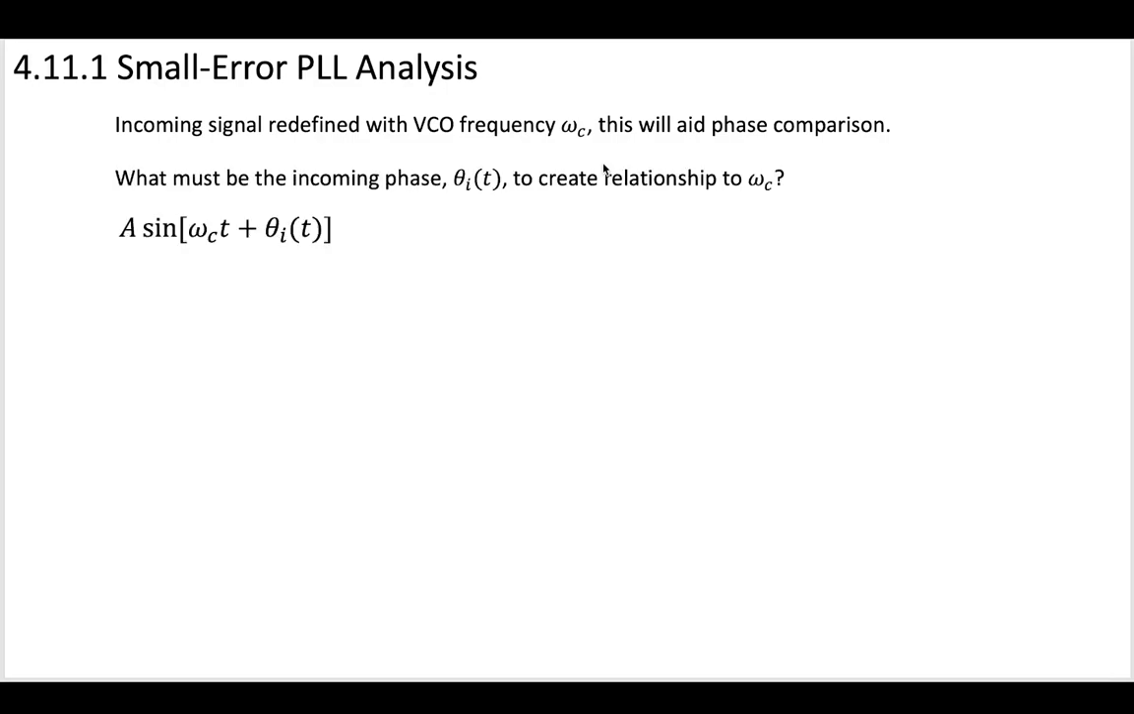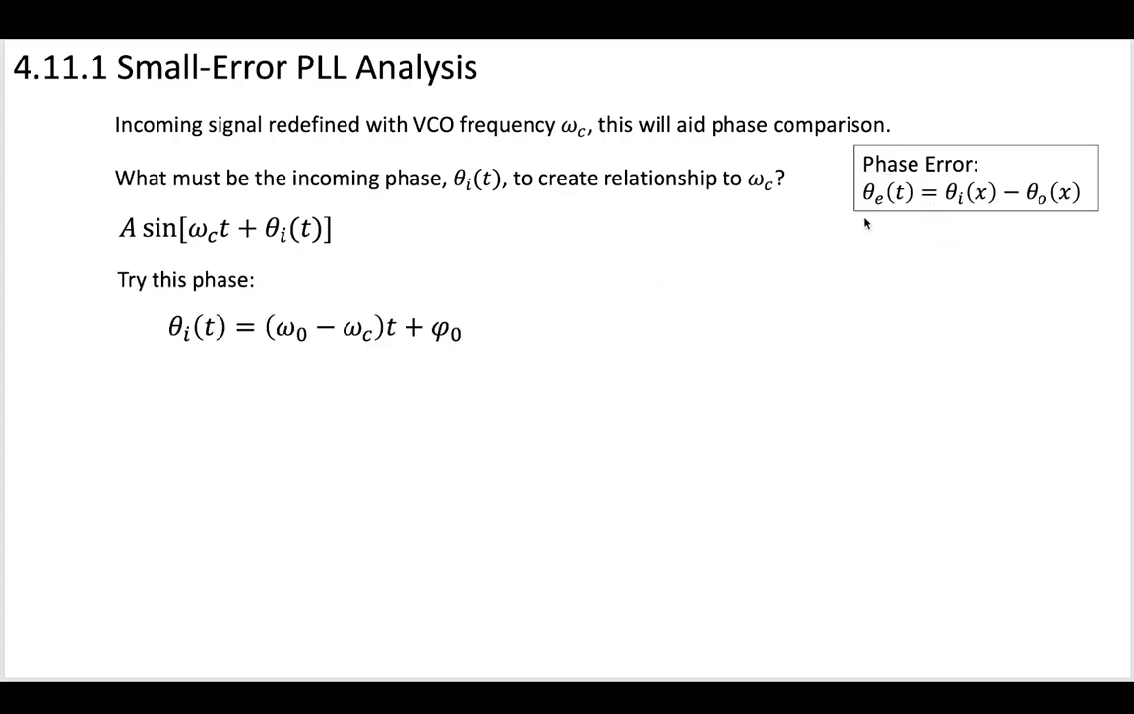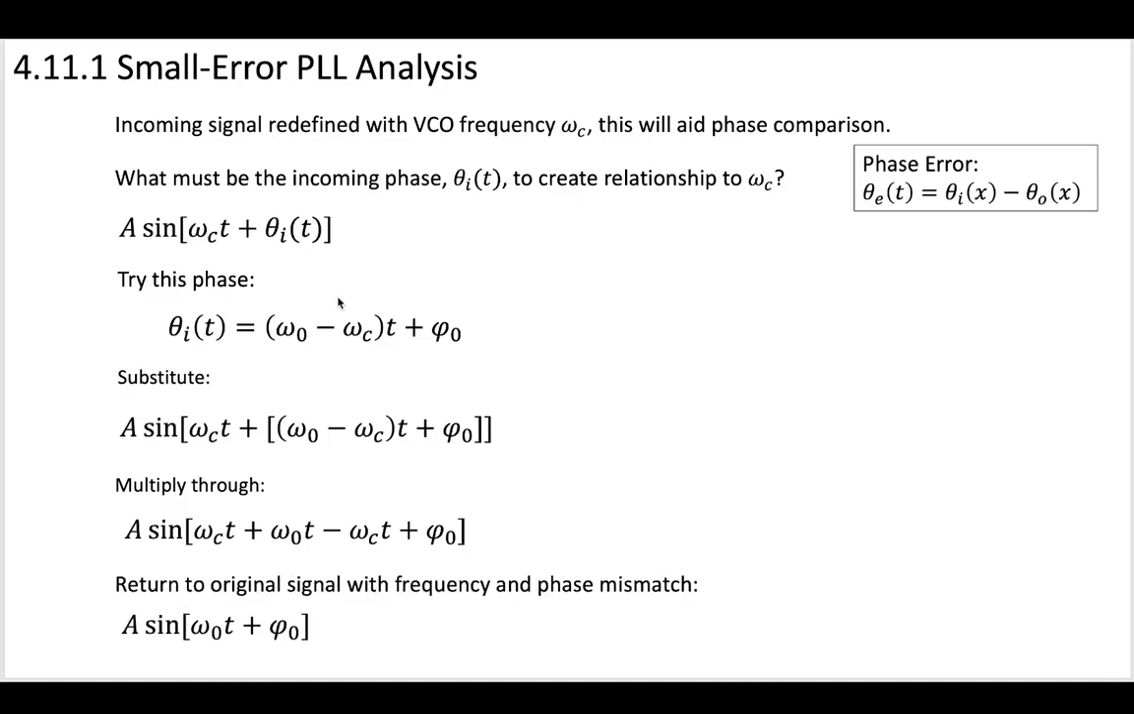So what would the incoming phase be to create that relationship to omega C? Well, based on the phase error, we know that the phase error should be the input minus the output, and we're trying to make this go down to 0. So if this is the input phase, then we can substitute this in and multiply this through,